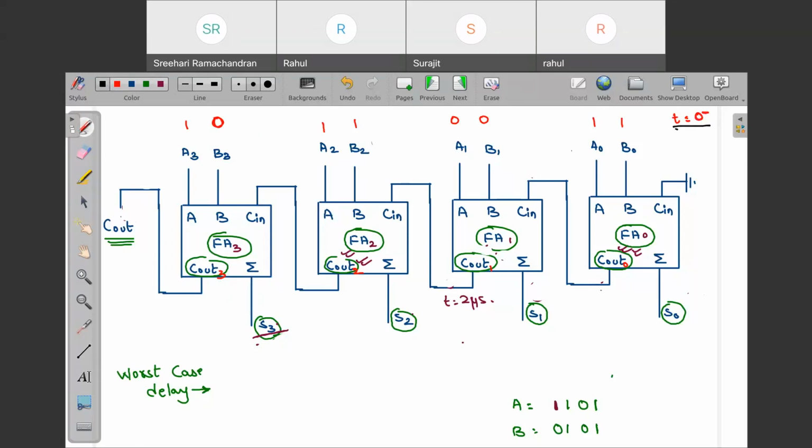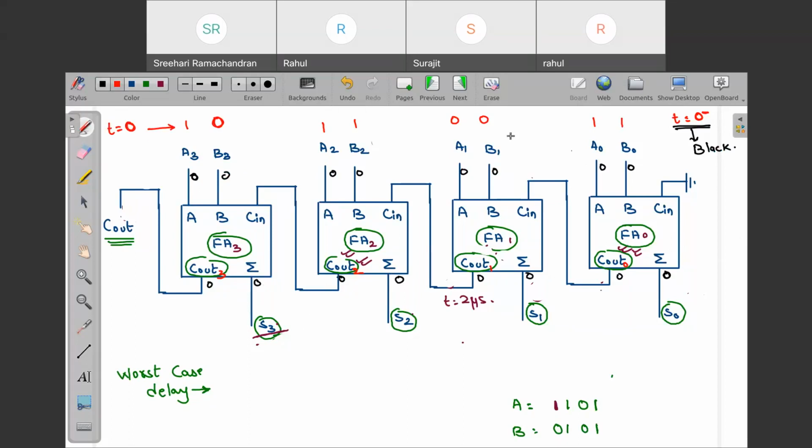I am applying everything at t equal to 0 minus using black color. So at t equal to 0 minus, everything was 0. I am assuming your adder was reset. So if everything was 0, this C out will also be 0, and sum will also be 0. Everything is 0. Then suddenly at t equal to 0,